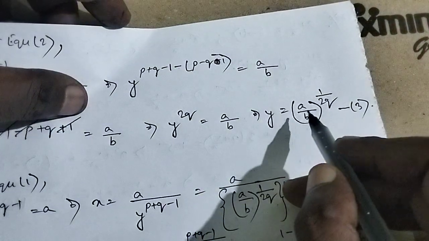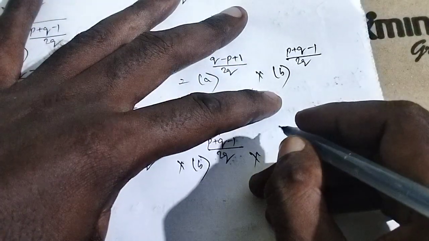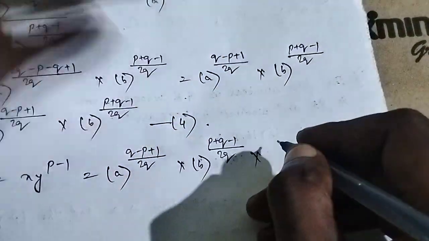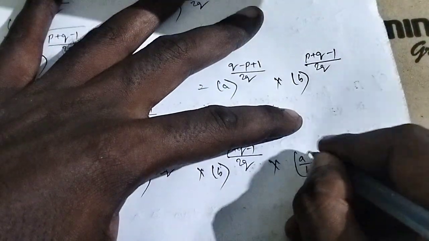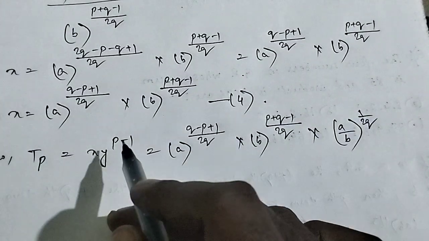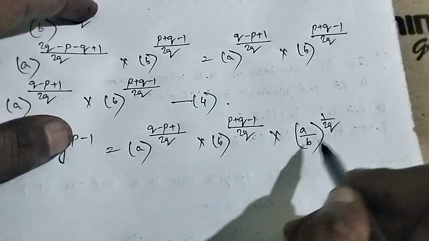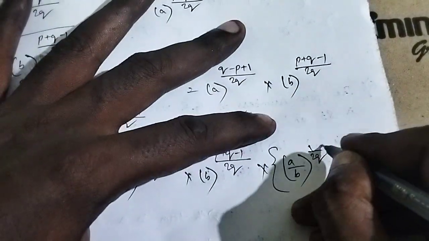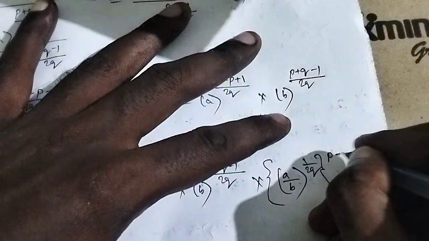Y was this one, a by b whole to the power 1 by 2q. Okay, this one was y, but here we have the power of y to the power p minus 1. The power of y over here is p minus 1. So this is the value of y, p minus 1. Okay,